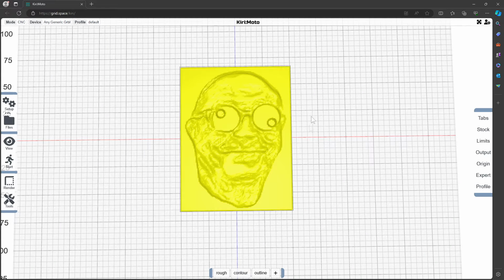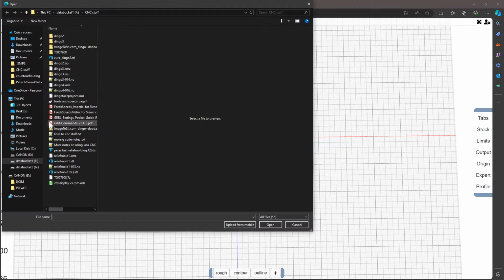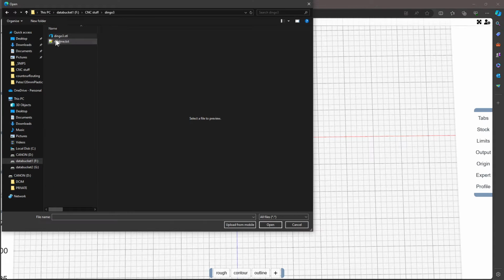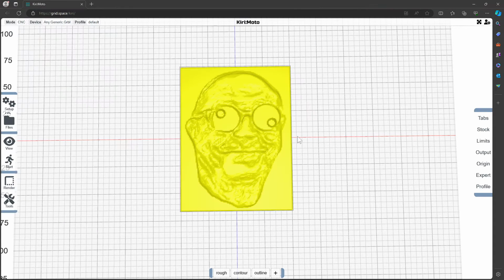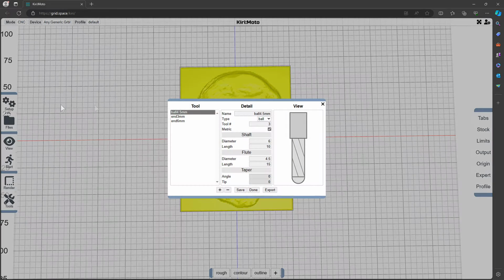And in Kirimoto, you would go to Files, Import, and then select the appropriate file, which would be in one of the directories that I've downloaded stuff into. We're not going to do that because it's already here on the workbed. Now in Kirimoto, you have to set up a few things. So you have to tell it what sort of tools you've got on your CNC machine. And I've done that for the ones that I have